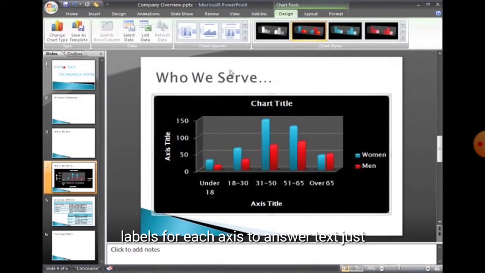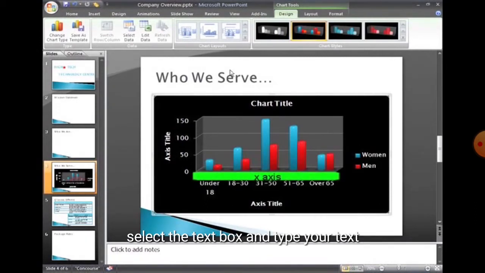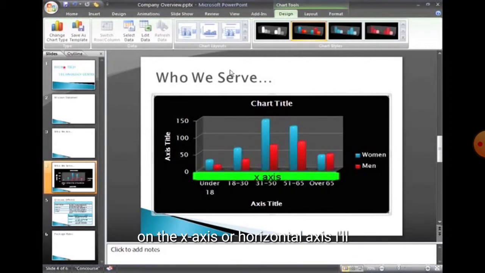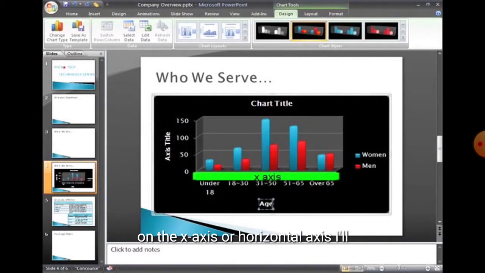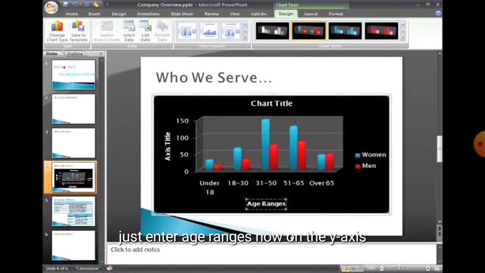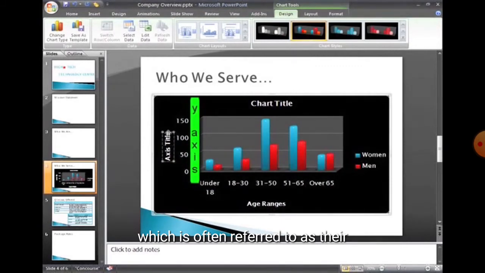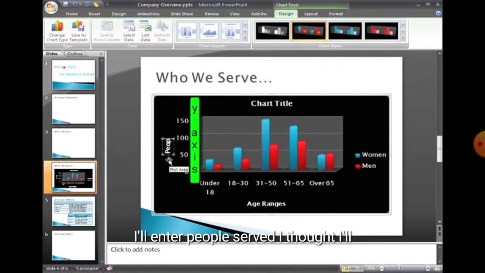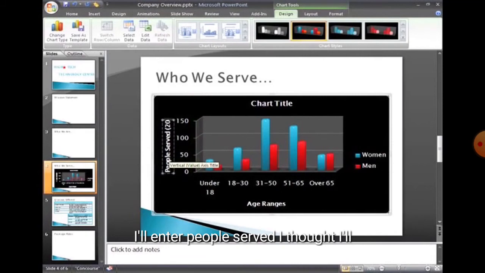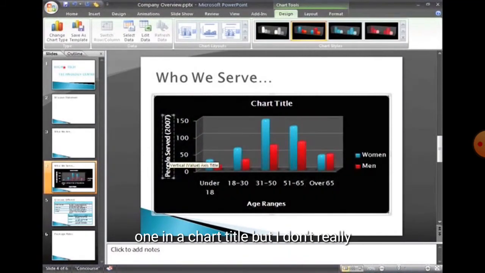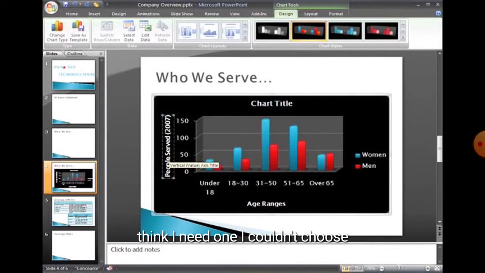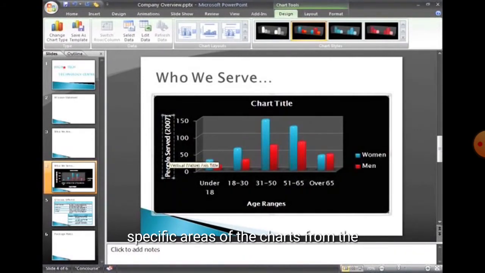We can change the x axis: click on this, and we write the age range. For the y axis title, we can write here the people served in 2007 or 8, whatever you want according to your data terms.